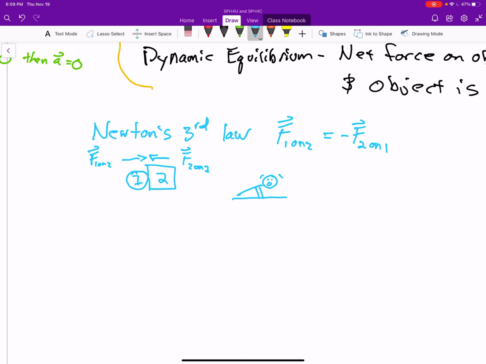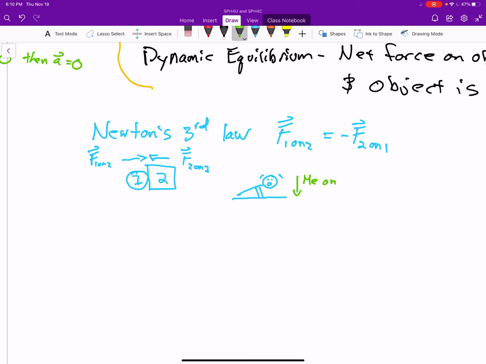This is me sweating because I'm out of breath and I'm old. I push down on the ground, right? So my arms, I don't know how to write this. My arms exert a force downward, right? So my arms kind of push down,